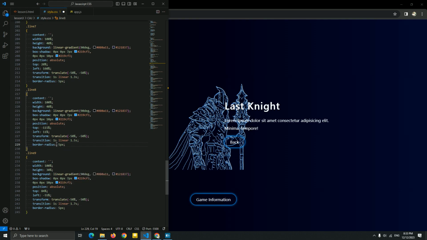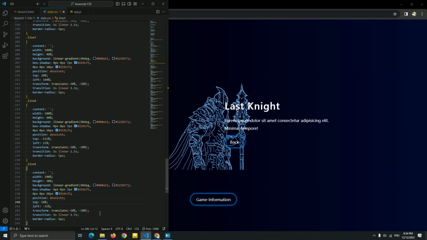Now for line 9, I want it to be on the full screen, which is a height of 100vh. So let me add a left of minus 55% and the top 50%. And I'm gonna add CSS for this left to be 50% to go in the center, just like this. Okay.